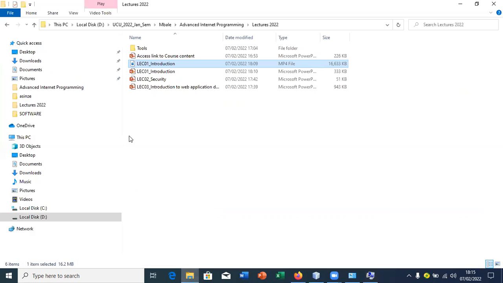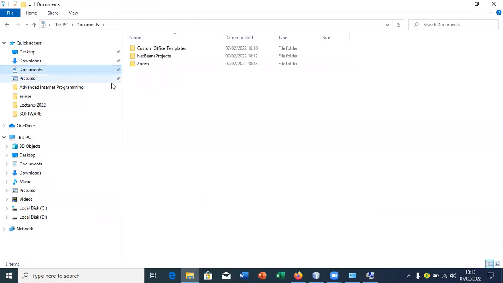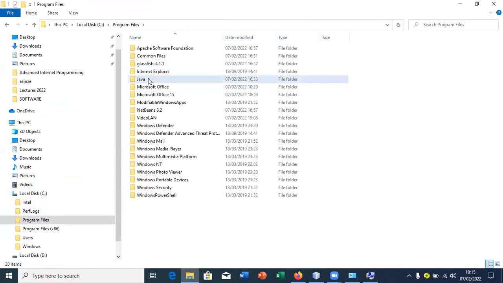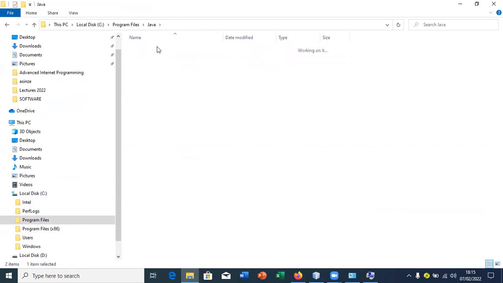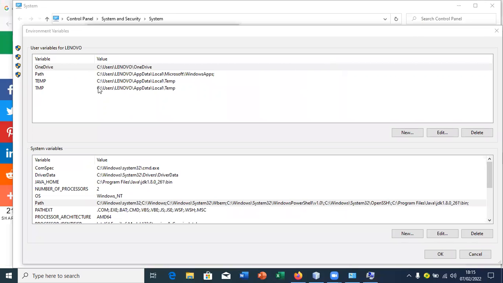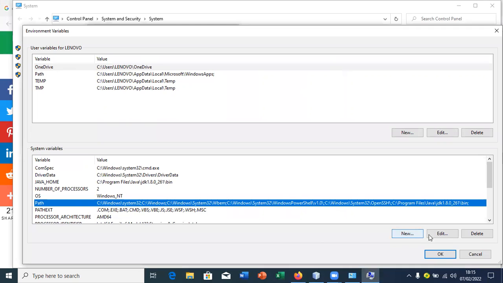And so it's important that we actually look for the folder where we installed our Java Development Kit, that is JDK. So we open that, realize mine is on the local disk, which is C, under Program Files. I open up the Java folder, the JDK folder, and the bin folder. Once that is open, all you need to do is to copy that entire address. And so once we have that address, we go back to this environment variables, click on path, and click on